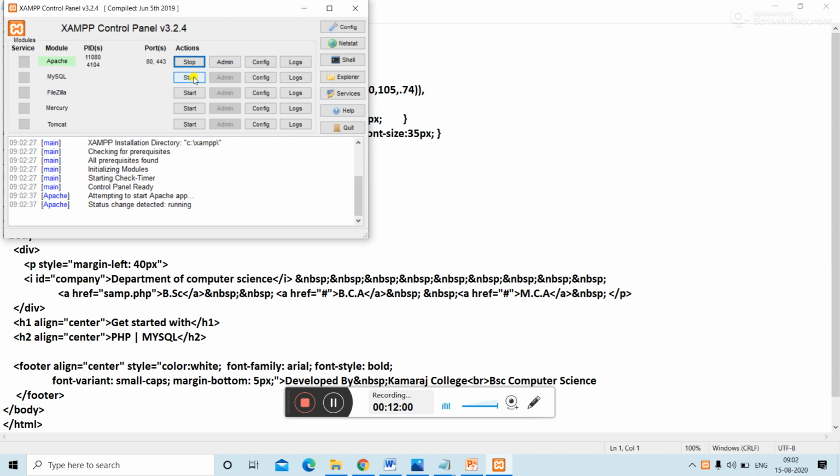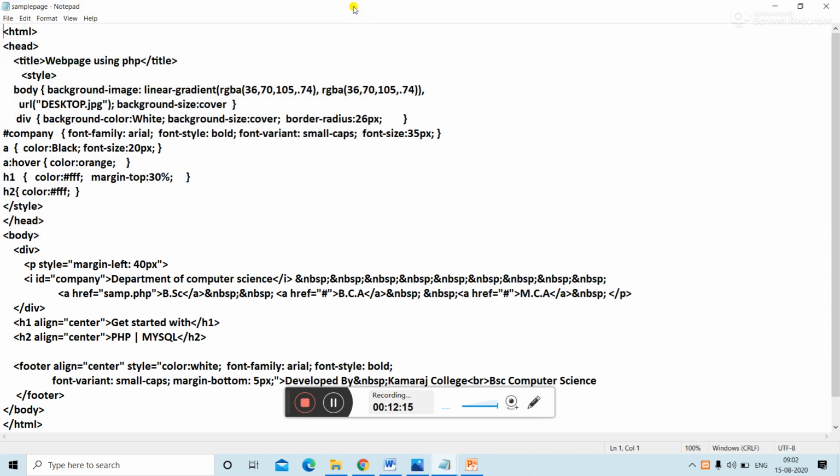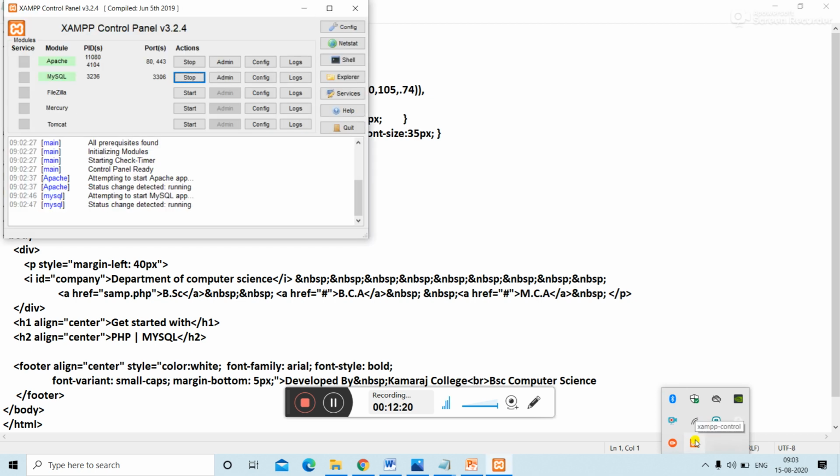In this program no need to start MySQL, but anyway I have started it. So now I have started the Apache server, then close it. From here also we can start the Apache server. Once I started it, the status will be stop. So again if I click on stop, it will not be running. Then close it.